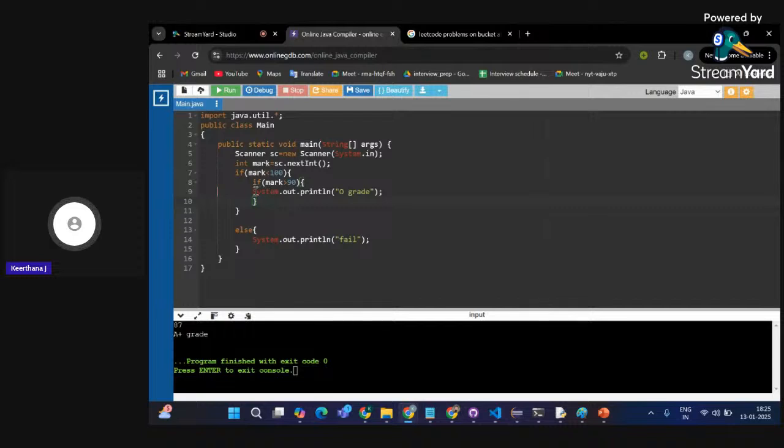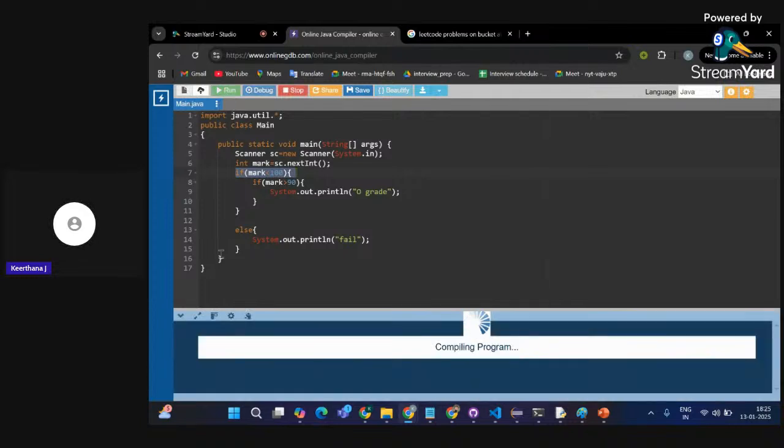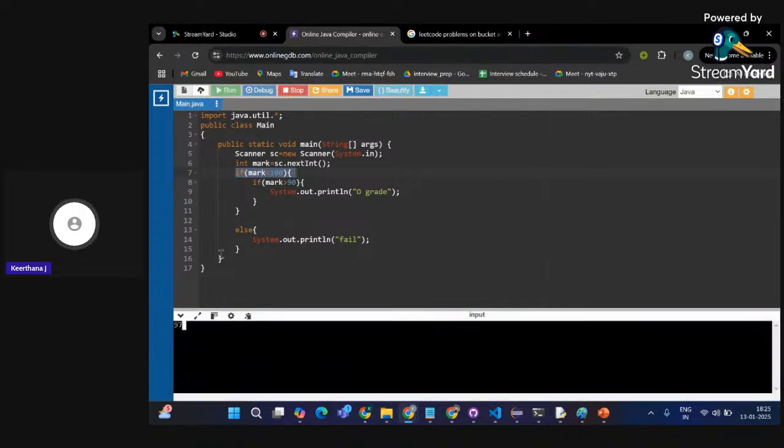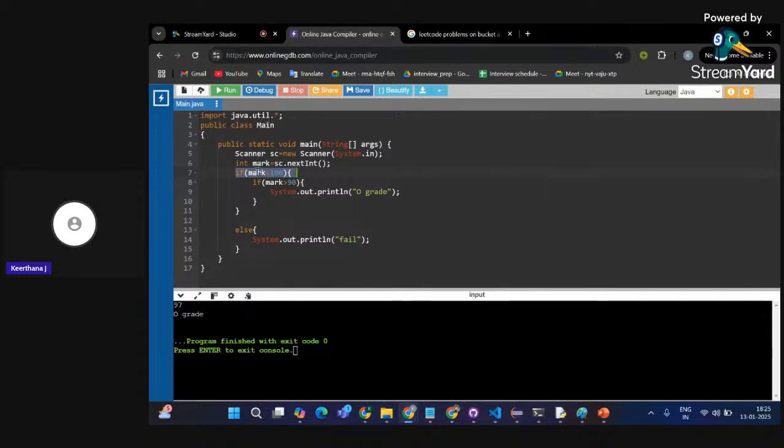Okay, this is called a nested if, an if inside an if. So first this condition will be checked. If my mark is less than 100, and if I'm giving something like 97, it will print O grade, because here the condition will be checked.